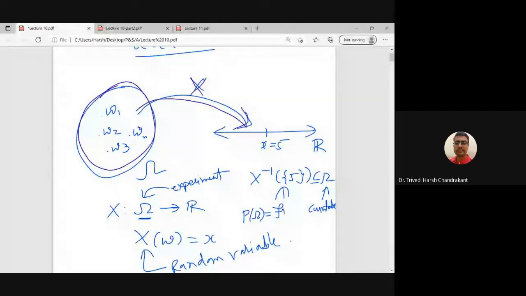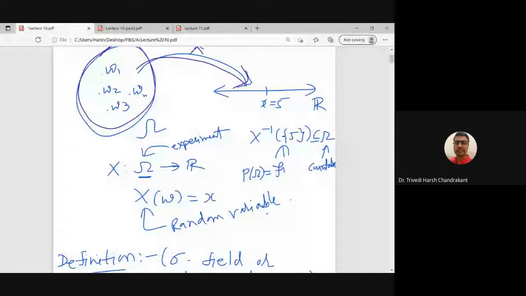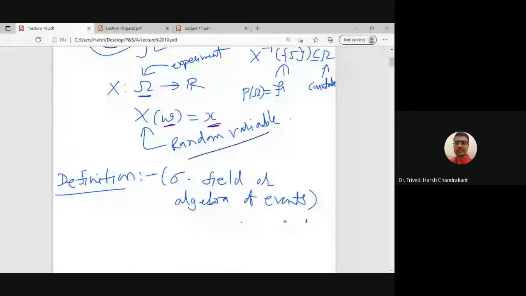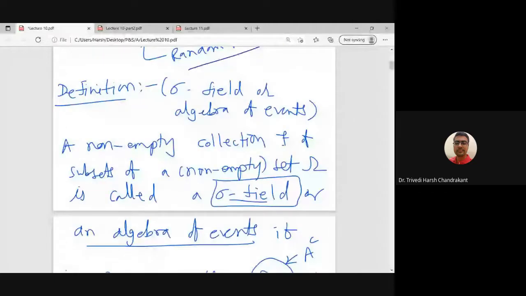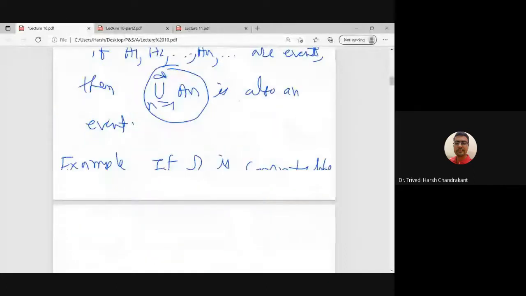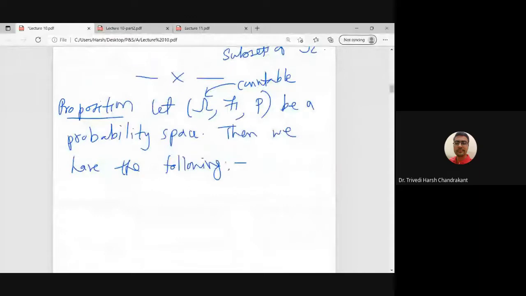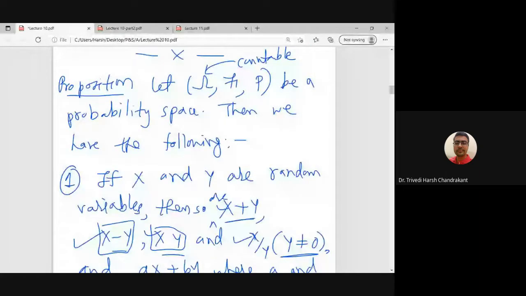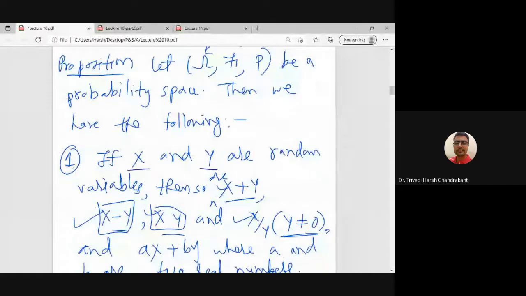And what is a random variable? A random variable associates each outcome with a real number. So this is just the formal definition of a sigma field. We know that the power set satisfies these properties. And then we discussed one result: if you have two real valued functions defined on the sample space, then their addition is also a random variable. That means it is also defined on the